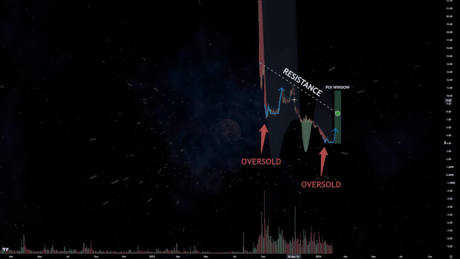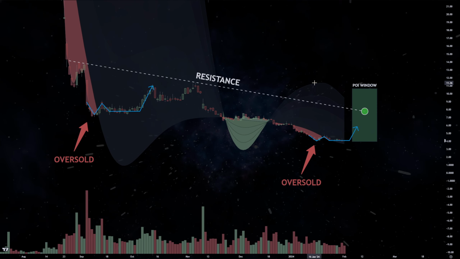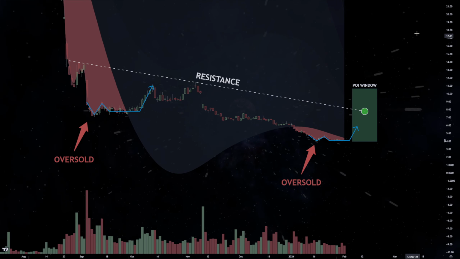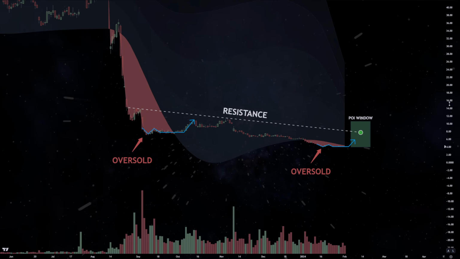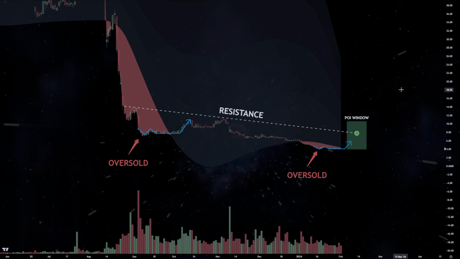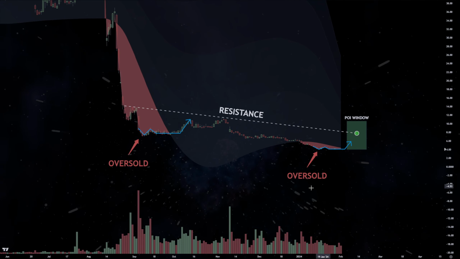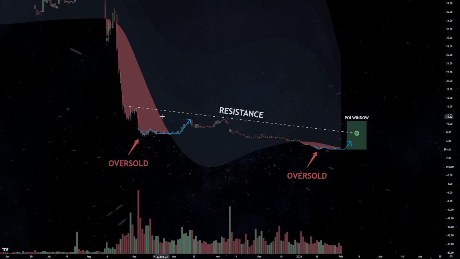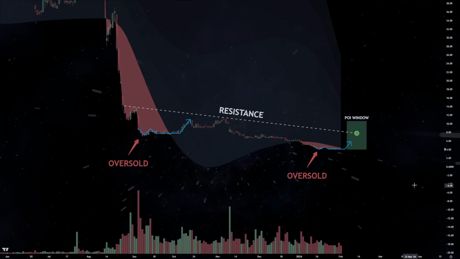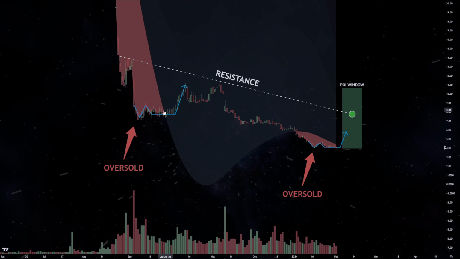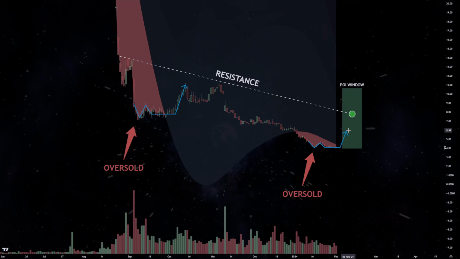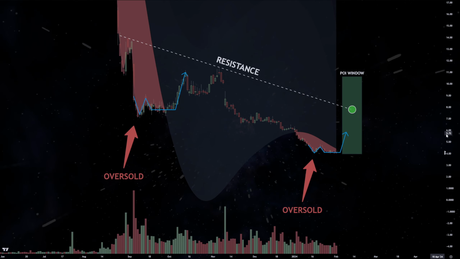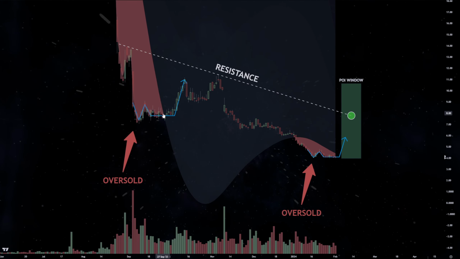If we take a look at the daily chart, okay, and I'm using the 100-bar length here, the different lengths are going to show you different things. The common lengths I use are 10, 50, 100, and then 250. But the 100-day is showing us this pattern right here, this inverse arc setup, which is a rounding bottom. You can see that it trades sideways, comes back into that first level, and then we have upside. So right now, AMC is just trading in this range, and it's getting very close to crossing into that territory, which is normally bullish, right? We cross in, it's normally bullish. We haven't done that